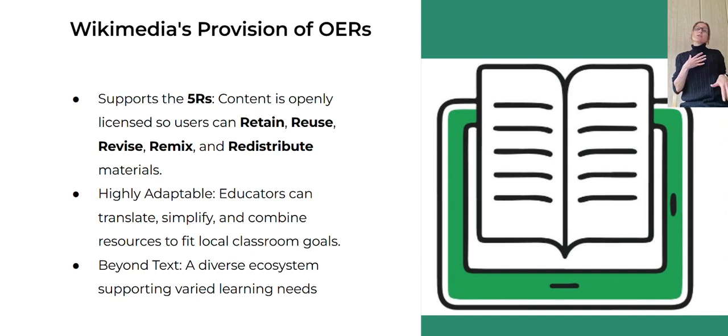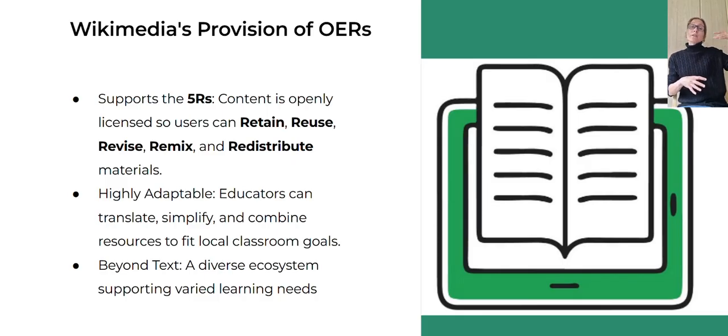And importantly, we want you to revise them. So we want you to be able to take them, to look at them and adapt them for the needs of yourself, for your learners, for your community. So these are very much a work in progress that we expect you to add to and to improve to suit the needs of your cohort, of your audience. So in doing so, the 4th R, remix. So we would really like you to be able to use our materials and then remix them with your own materials and with other wiki projects.